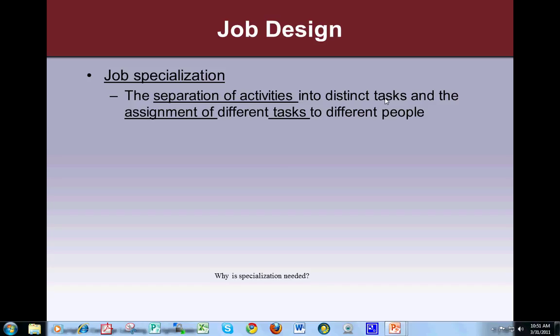Number two, when the worker has only to learn a specific highly specialized task, it becomes easy for them to do so in an efficient manner. Number three, the worker who's doing the same job over and over again doesn't lose time changing from one operation to the other. Number four, the more specialized the job, the easier it may be to design specific and specialized equipment for those doing it. And number five, the more specialized the job is, the easier it is to train people to do it.